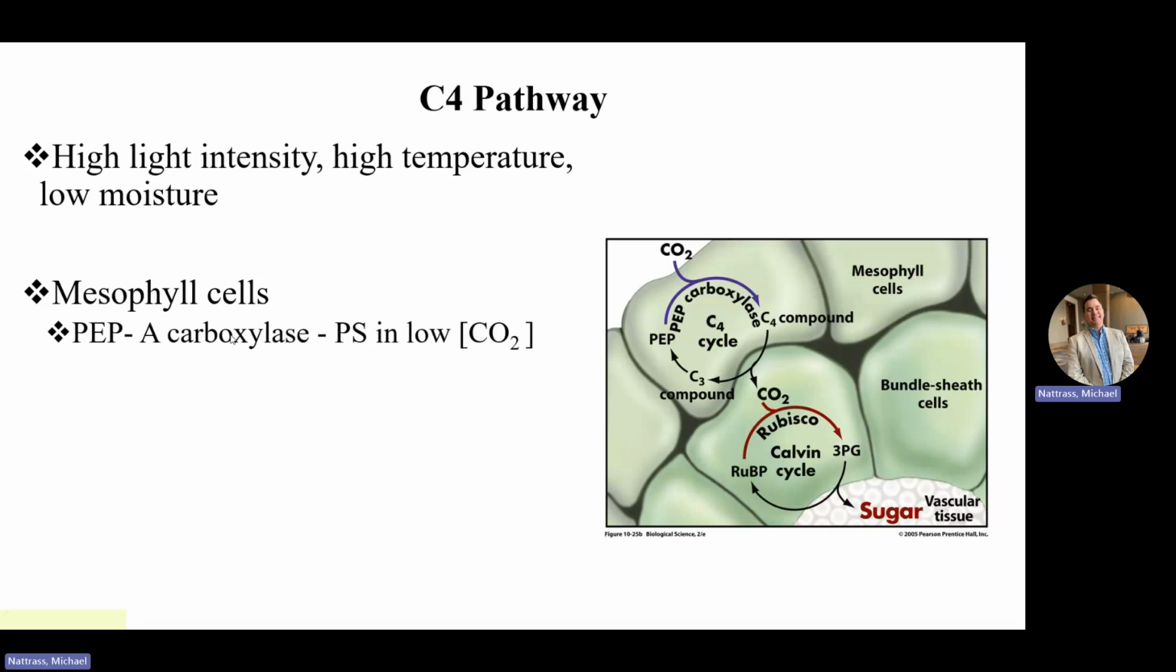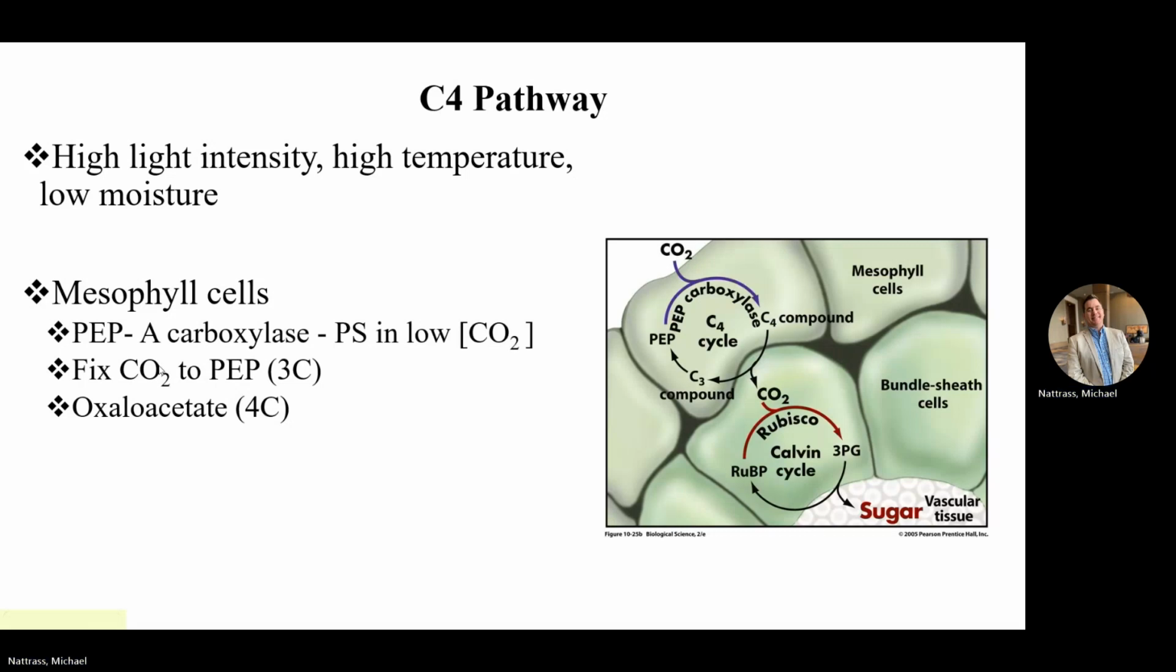Because this PEP carboxylase is going to hold on to, or basically acts very similar to Rubisco before we get to the Calvin cycle. So this PEP carboxylase will fix carbon dioxide and then transport or move that in and have it ready for when the Calvin cycle needs it. So that PEP carboxylase is going to fix the carbon dioxide